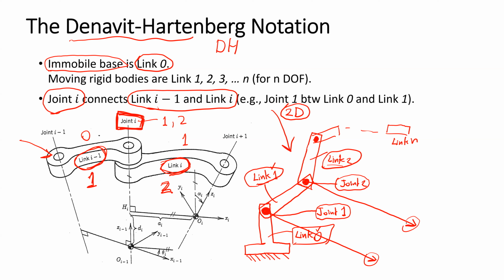So in this case, what is the mutual perpendicular line? If these two lines are parallel, pointing outward from the screen in the same direction, the mutual perpendicular line can be this line or this line or anywhere,